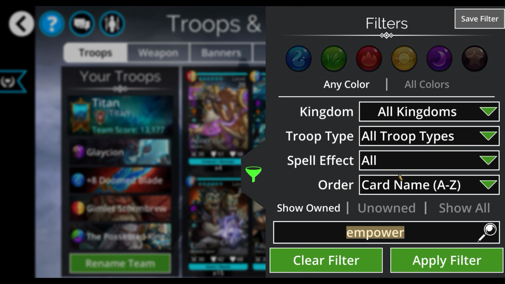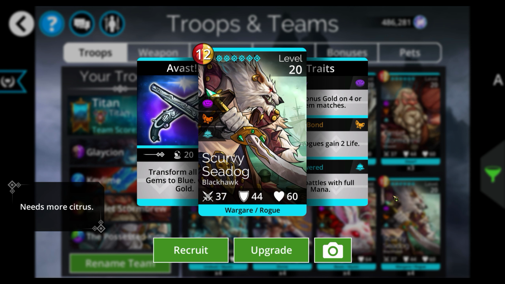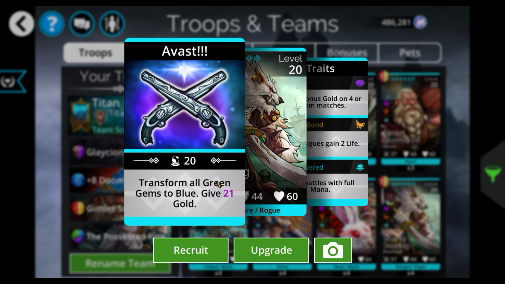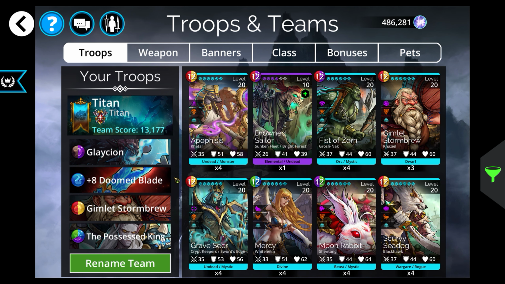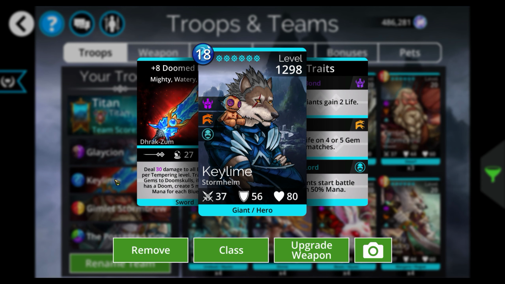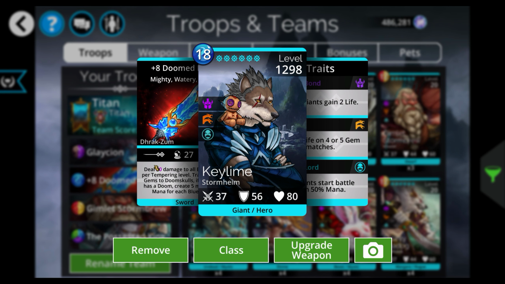So if you do this sort by empowered, and then you do the spell effect of convert gems, you'll see all these fun people. Scurvy Dog is the one who actually does the blue conversion. But blue conversion in and of itself to get Doomblade isn't super great, because if I had this troop in the first slot, for instance, and I used Scurvy Dog to give him his mana, he's not really set up